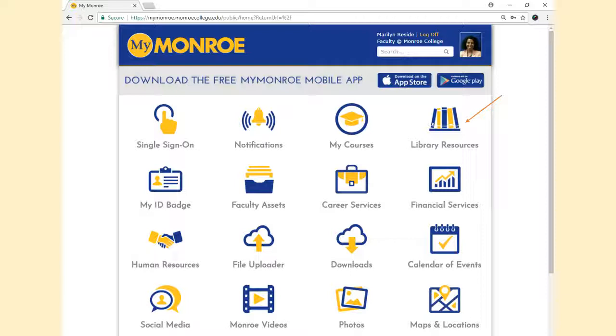Okay, so we were just covering Google Scholar briefly. Please take a look at it. I want to cover with you, probably in more detail, the resources that you have available to you via My Monroe. So if you log into My Monroe, you'll see a link for library resources. And if you click on that,